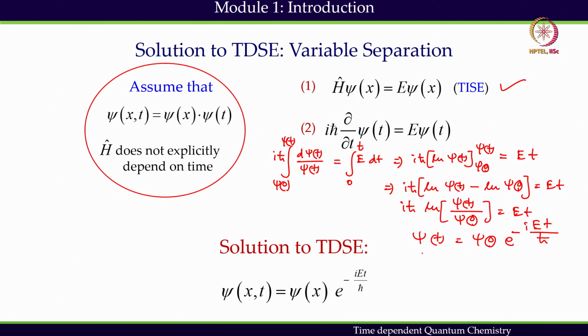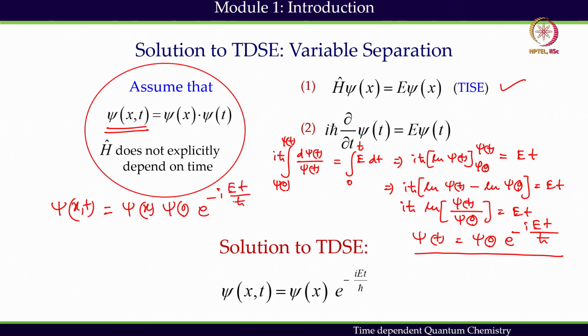And so we get this equation. We know that the total wave function has to be expressed as a product of this. So, finally, I will be able to express psi(x,t) as psi(x), then psi_0 e to the power minus iEt by h-cut. That is the way we can express. Now, psi_0 is just a multiplicative factor, and